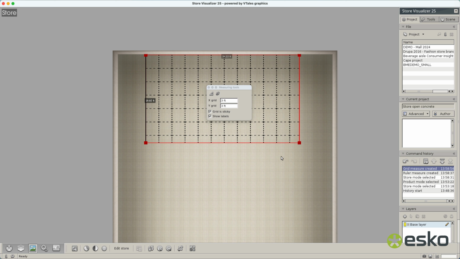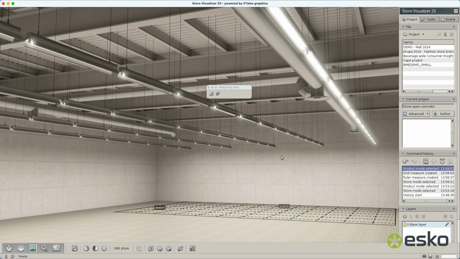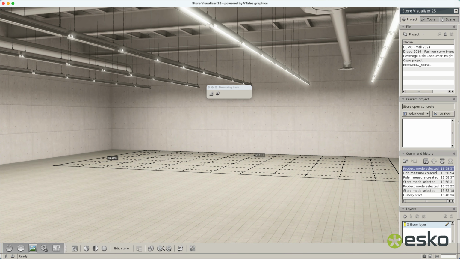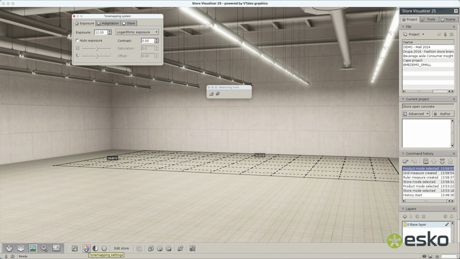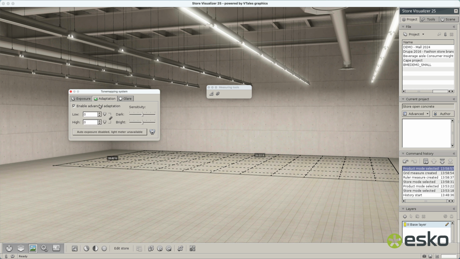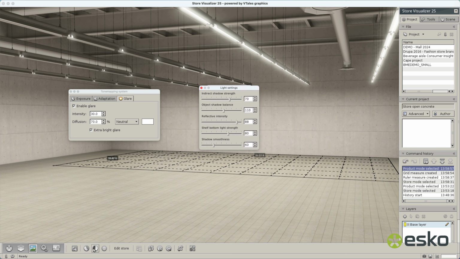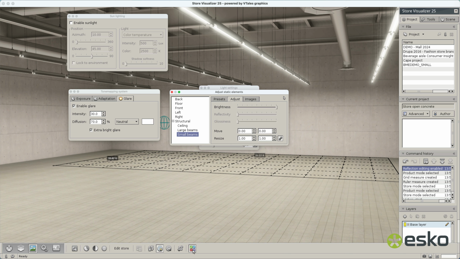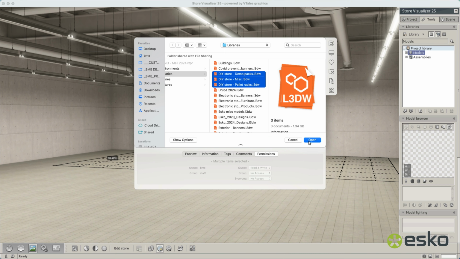And so this is a great first step to lay out the width of the aisle and where all our furniture will go. So since this is a DIY store, we'll be loading up some models here in a second, but other parameters you can use to configure are tone mapping, which is exposure, adaptation, and glare. So that's all about lighting. And then we have additional lighting settings right here. Enable sunlight. In our case, we don't have any windows, so that's not applicable. And then, as mentioned previously, the